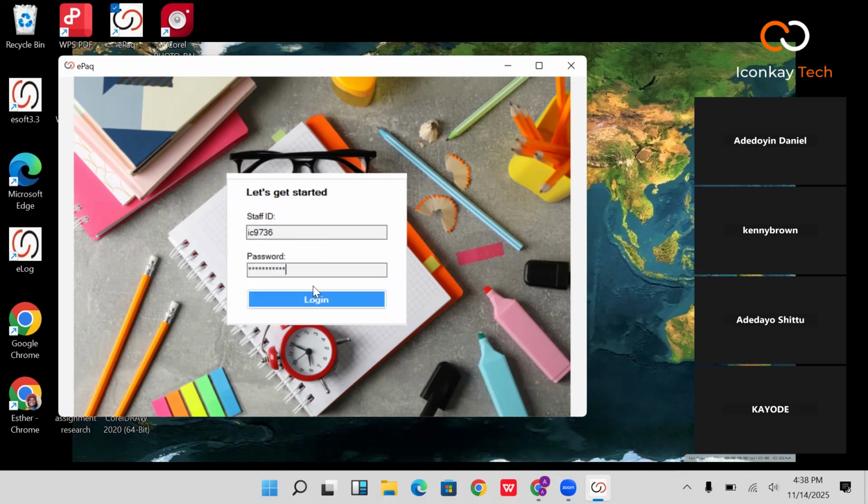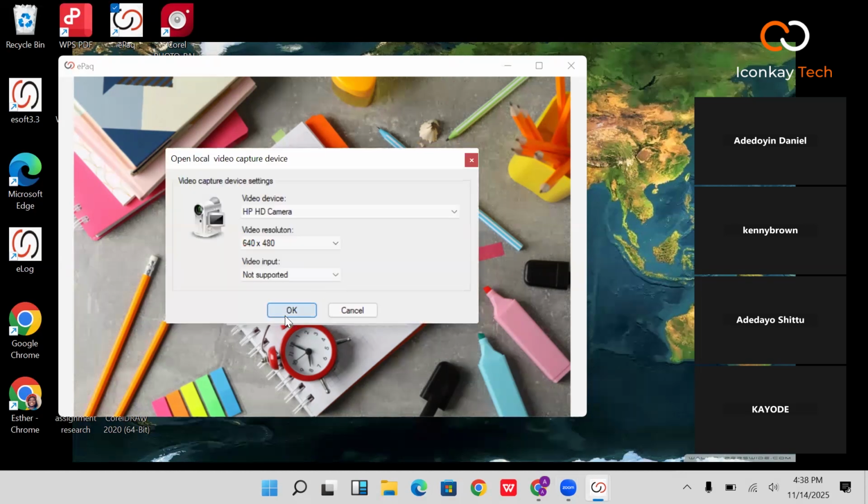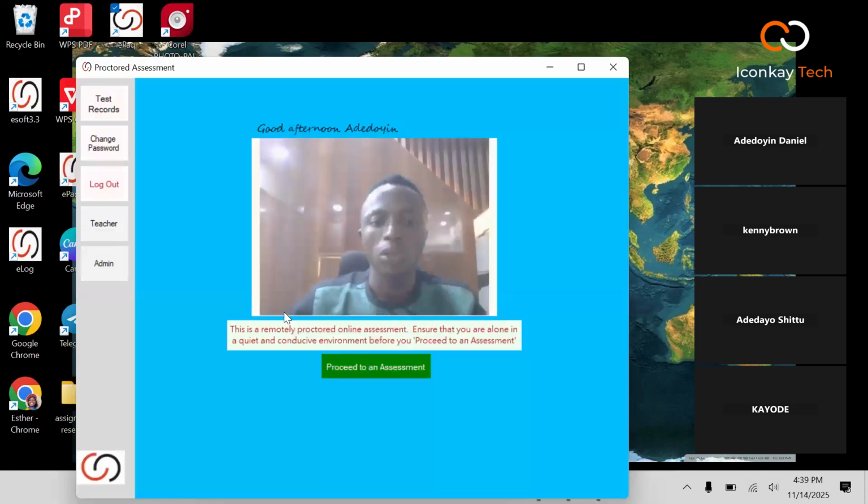And one thing we must understand is that the software has possibility for both objective and theory, and it works alongside with camera. That's the webcam of the system or a desktop. So this is the way it looks like for students. We have